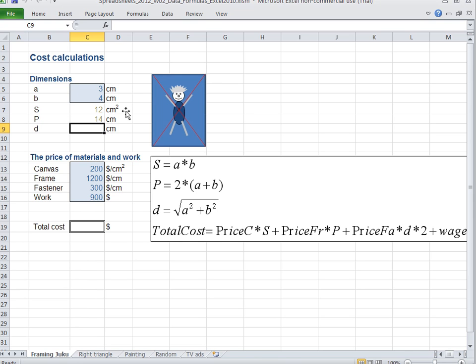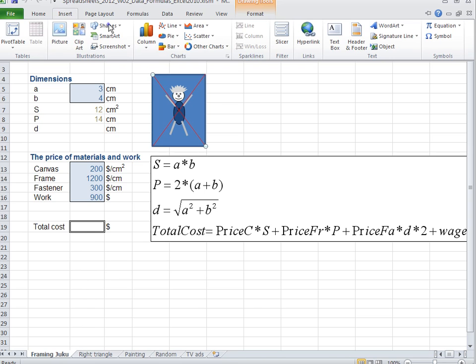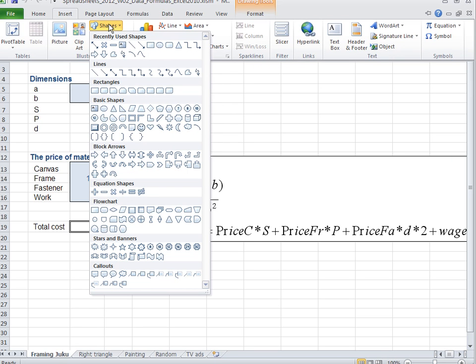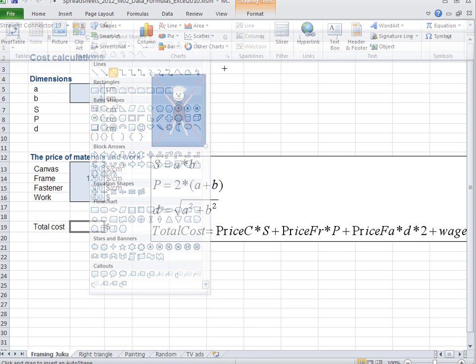Okay, now the next thing is the diagonal line behind the painting. Actually, if we want to draw this diagonal, what we need to do is insert shapes. So this is something we don't use very often in this insert shapes command, but the shapes are here nevertheless. Excel has quite a decent drawing